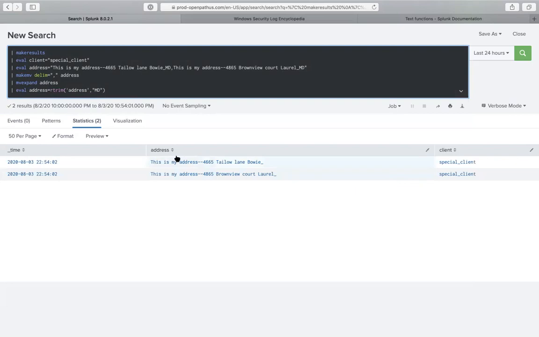Okay, so you see, I put my address as the field with one quotation here, and I basically stripped out